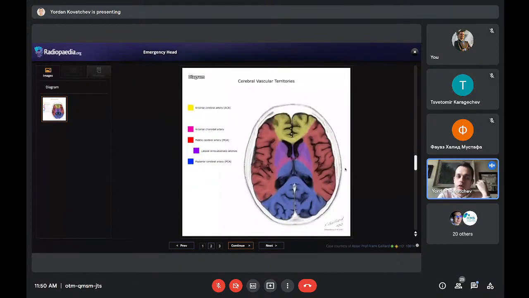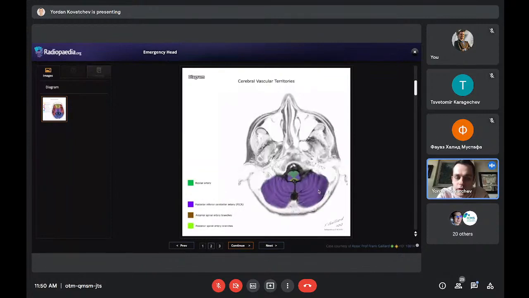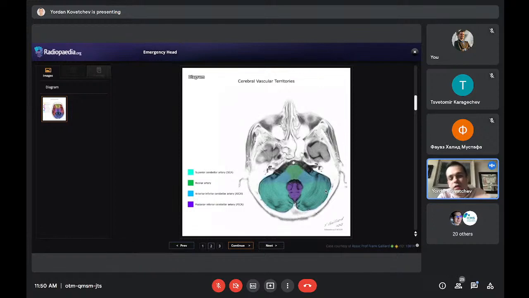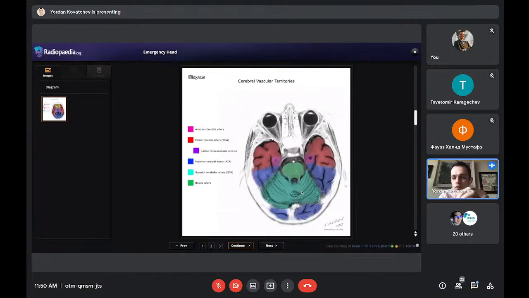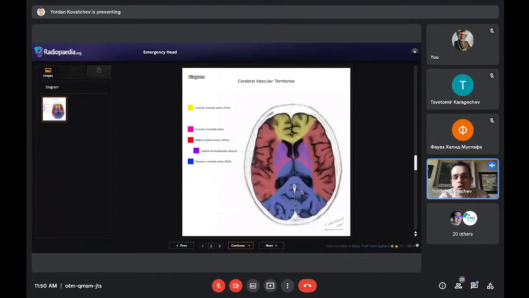So I need to start thinking about the underlying pathology. So let's start from the bottom again. I'll skip the small details here because this is for a whole other workshop that takes hours to understand, the really small vascular territories of the brain. So I'll just go straight to the ones that will be important to our talk.